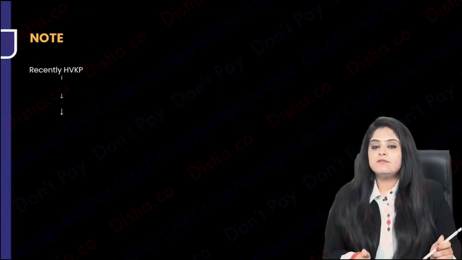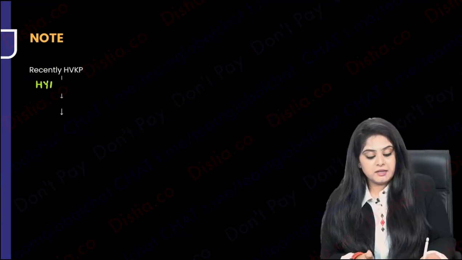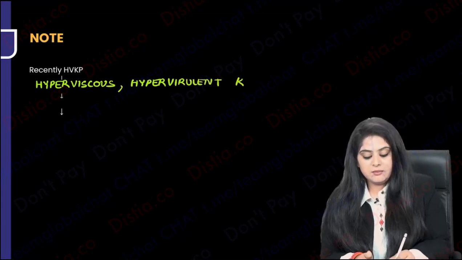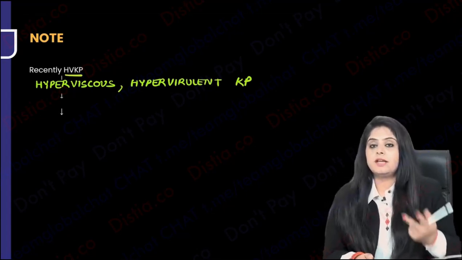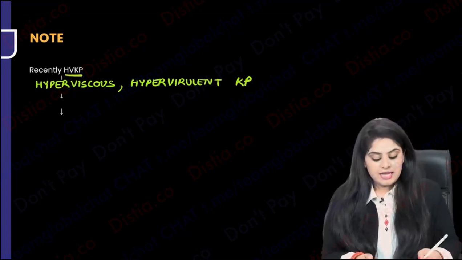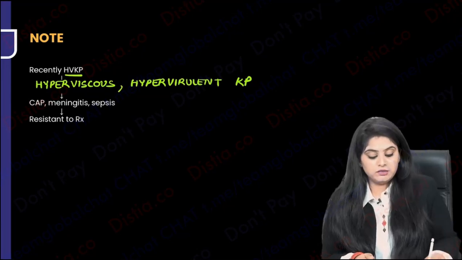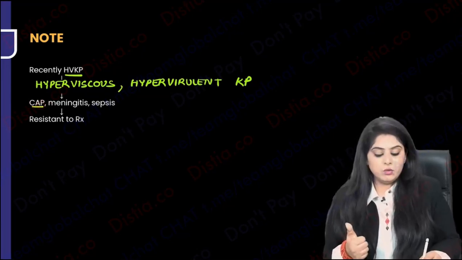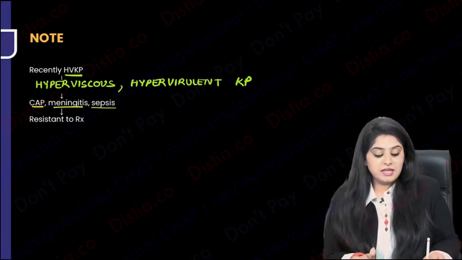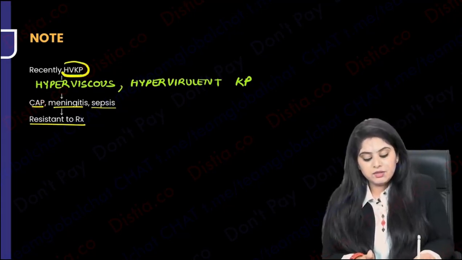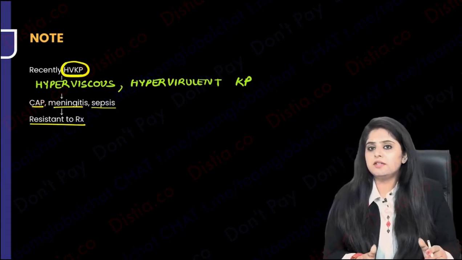So recently there is a strain which is known as the hyperviscous and hypervirulent. So HVKP means what? HV means hyperviscous, and virulent, another V means hypervirulent strain which has come up of Klebsiella pneumoniae, so known as HVKP, hyperviscous, hypervirulent strain of Klebsiella pneumoniae. And of course, the name is only telling you that it is very, very virulent. So it is going to cause a lot of things. It's going to cause not only community-acquired pneumonia, but also meningitis, also sepsis, and all the more it's virulent. It's very resistant to treatment. So just another new strain, hyperviscous, hypervirulent, very, very virulent, very, very resistant.